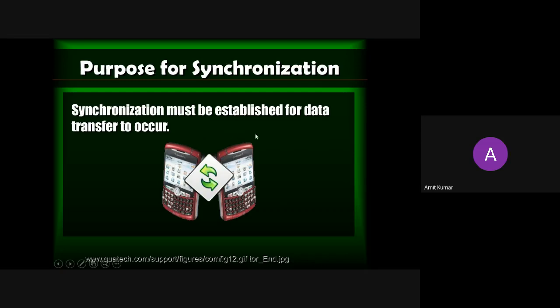Just take the example of Bluetooth. In Bluetooth, first you switch on your Bluetooth device. In the second step, you pair your device with another device. At that time, one will act as the master and the second will act as the slave.